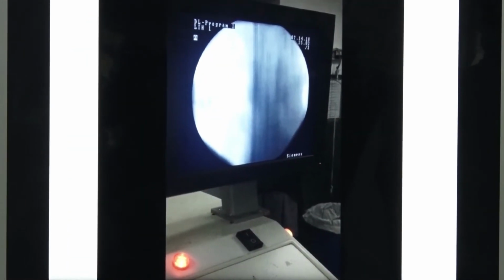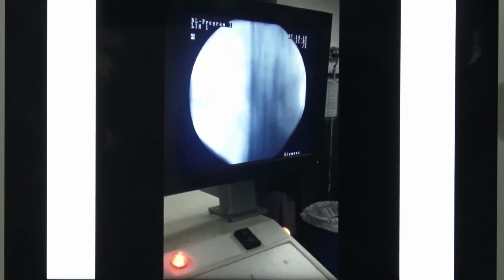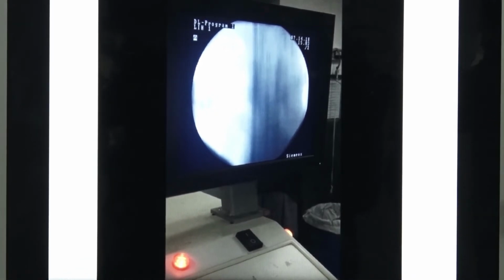Once the catheter is inside, you have to recheck the position: the tip of the catheter has to be in the right atrium. The advantage of this retrograde catheter is that you can change the position according to your convenience, and you can adjust the tip so that it is in the right atrium. For our patients, the dictum is that the tip of the catheter should be about 2.5 vertebrae below the carina. When the tip is 2.5 vertebrae below the carina, the tip is generally in the middle of the right atrium.